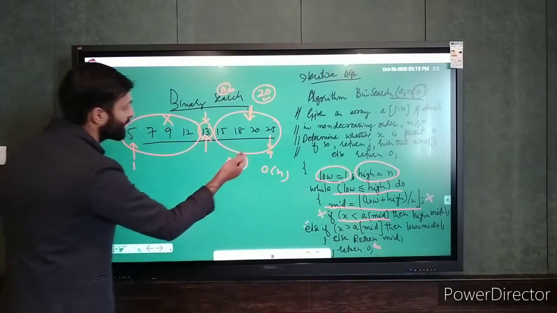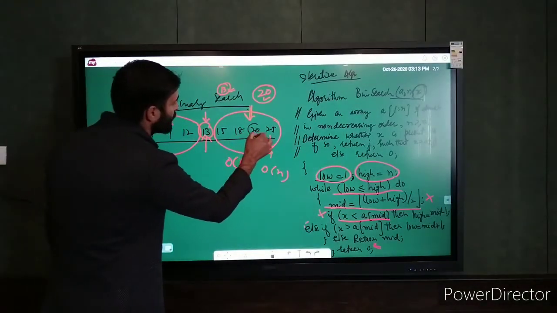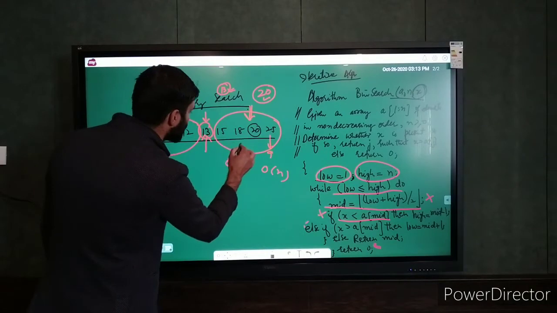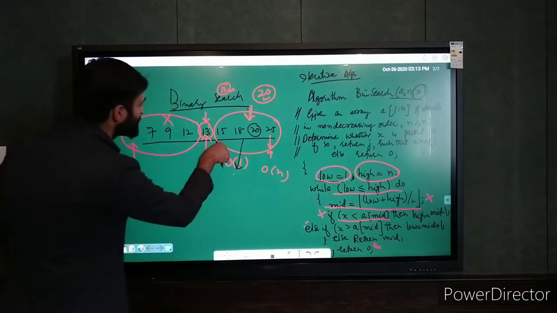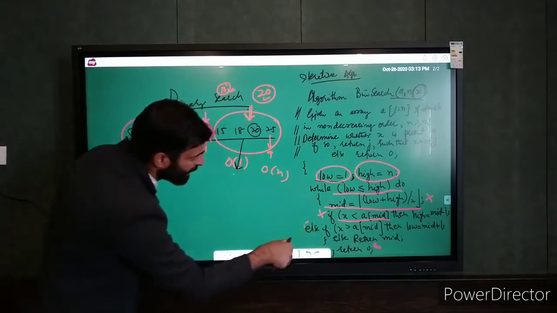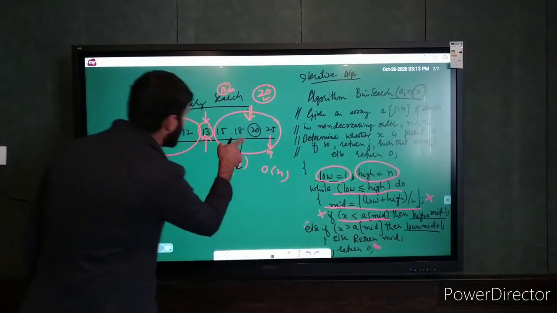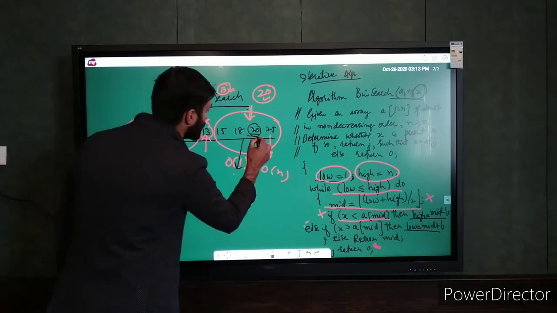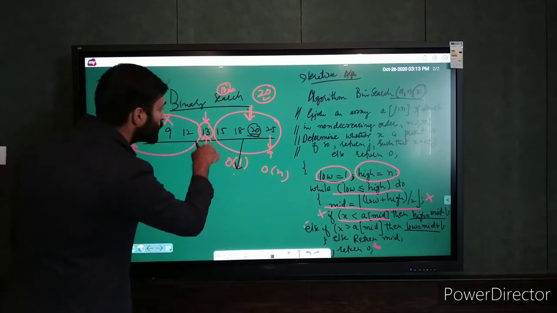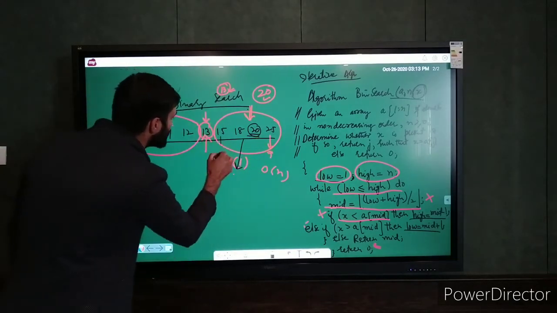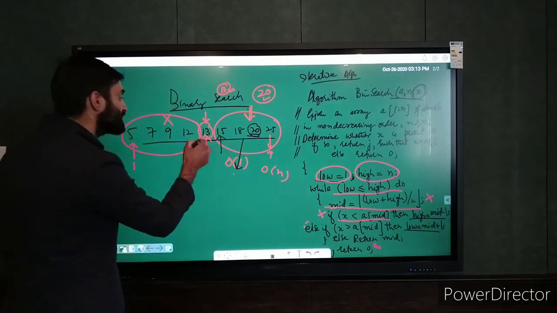Like here we saw, my element was 20, right? Again I am finding the mid over here. One more thing I skipped over here is the new high and new mid. See, when my element was 20, what would be the new low and new high value? New low will be this. What was the middle value?